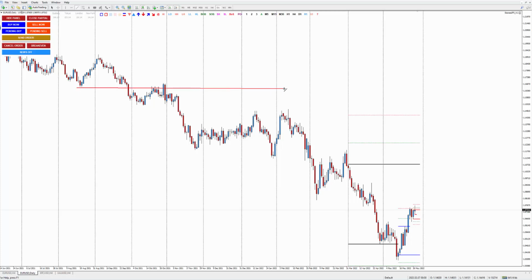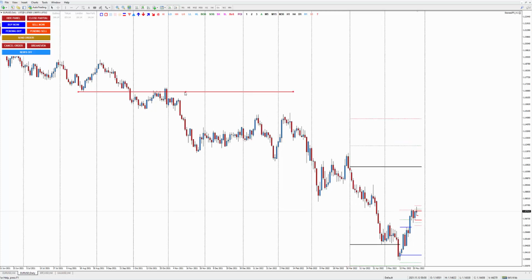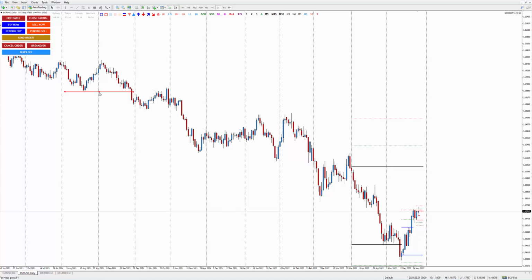It will be just a horizontal line. Okay, take a look. This is what makes the break of structure. It's just a horizontal line. It cannot be like that. It cannot be like this. Just use a horizontal line, so you will know, regardless of a big structure or the minor structure, a big structure or small structure. Take a look. Just look at the last low or the last high, the last obvious high or the last obvious low.